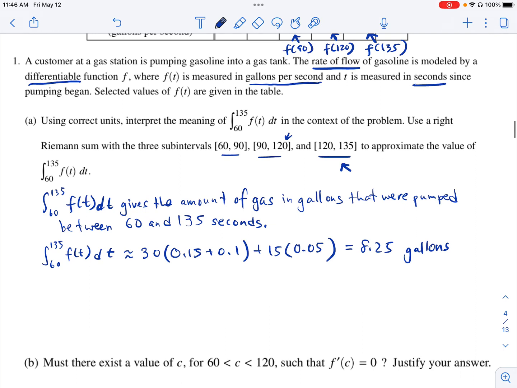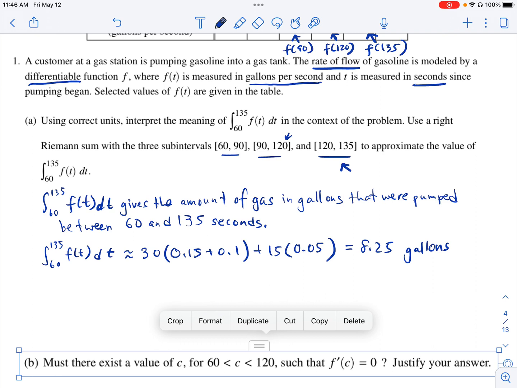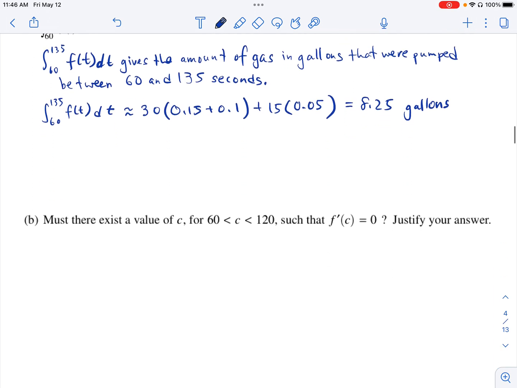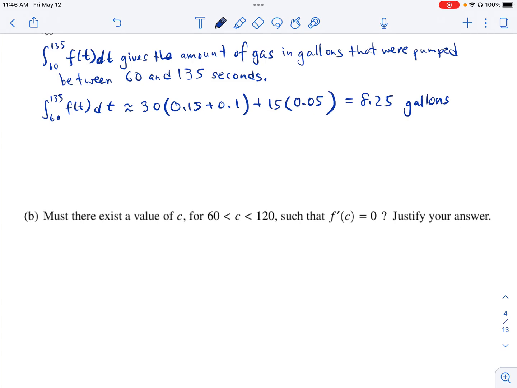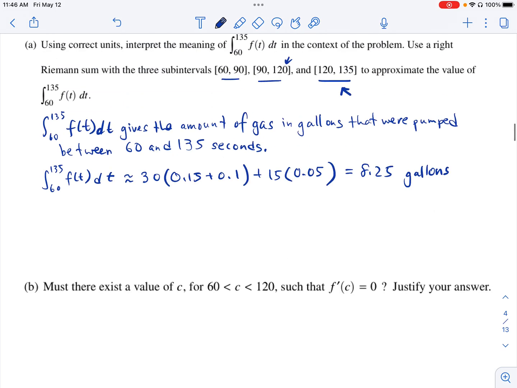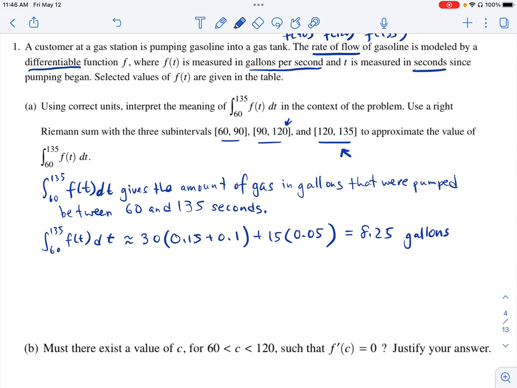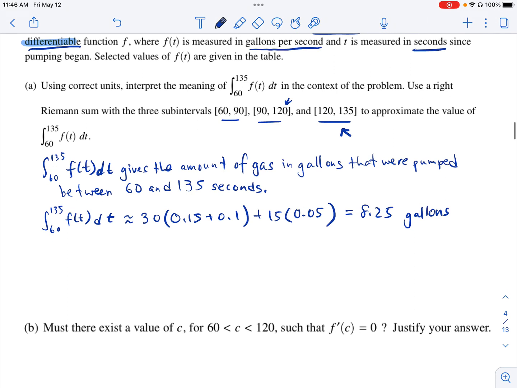Okay, so we can then say the following. Well, first off, what is the justification or the conditions for us using the mean value theorem? The function has to be continuous and differentiable. And since it said in the problem that the function was indeed differentiable, remember I highlighted that earlier, I can then say, since f is differentiable,